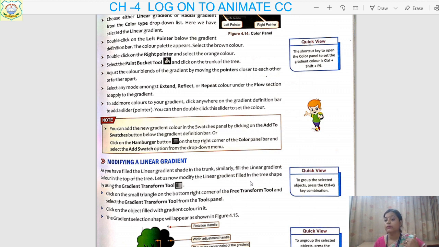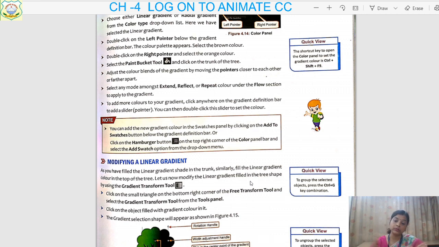Like for the coloring option and the grouping option, what you have to do, you have to remember it also. So what will you do, children? You will select the picture, then either use Ctrl G or the modify option and group them. If you have to ungroup them, then Ctrl plus Shift plus G. This is the option for ungrouping.